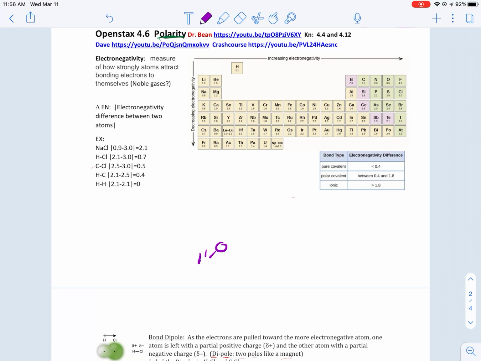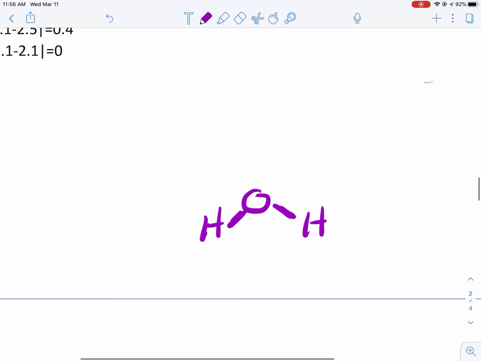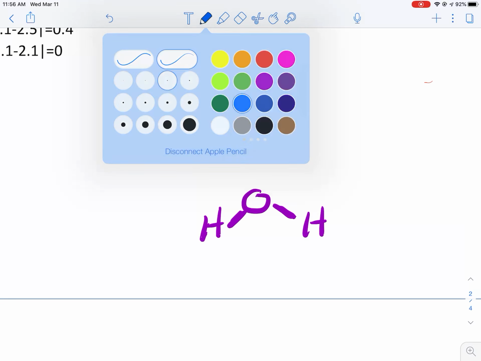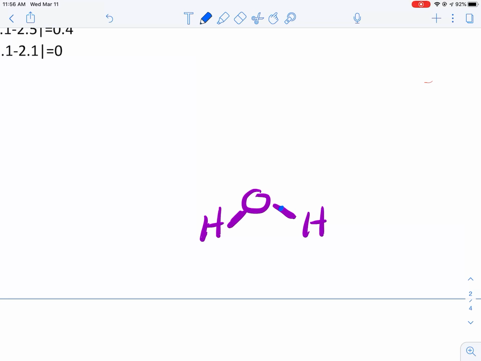And it's because on a water molecule, this bond right here, it's not sharing those electrons evenly. So if I zoom in on that water molecule, and if I make the electrons blue, so up until this point, we kind of talked about the covalent bond as being shared, and we were implying that they were shared evenly. But oxygen is much more electronegative than hydrogen. And what that means is that the oxygen will take those two electrons, and instead of letting them be shared evenly,